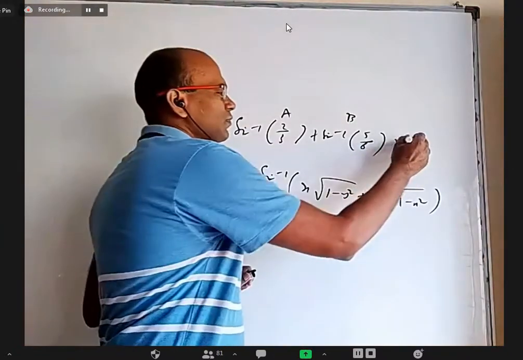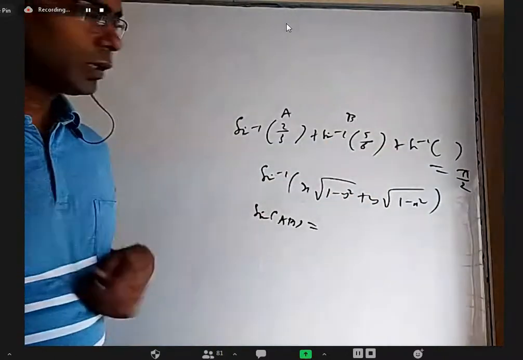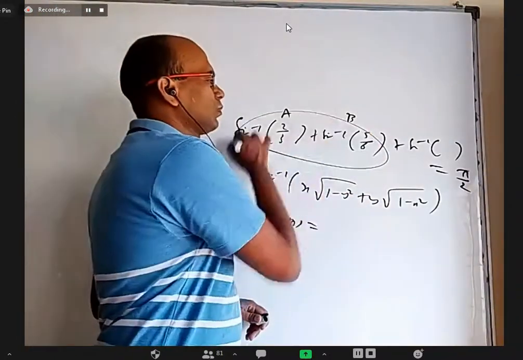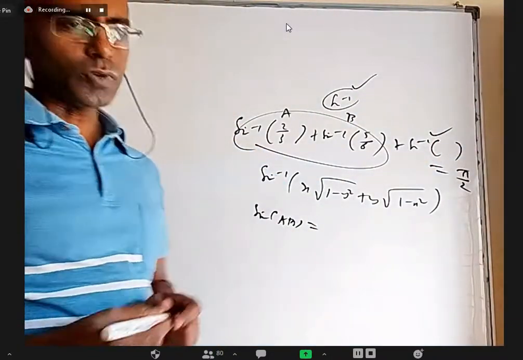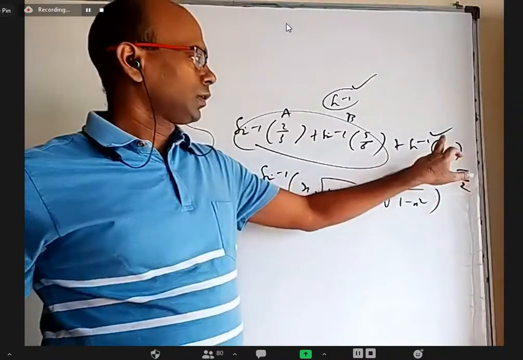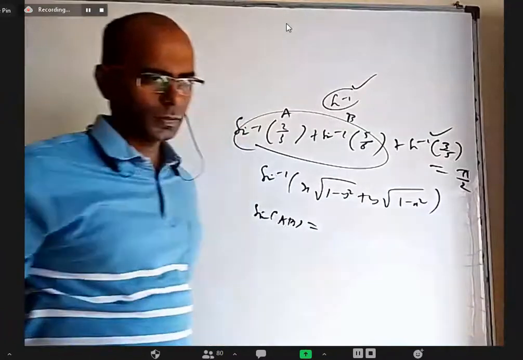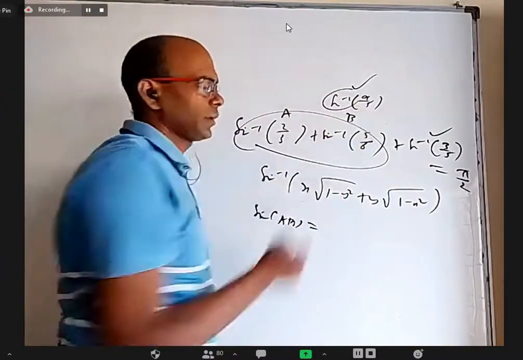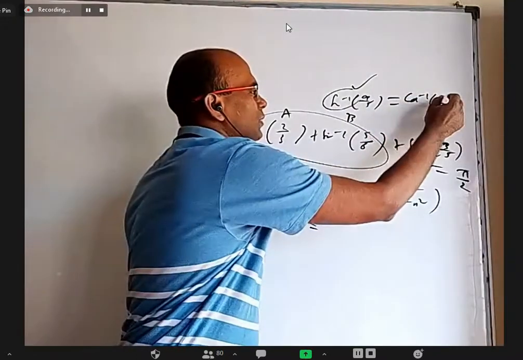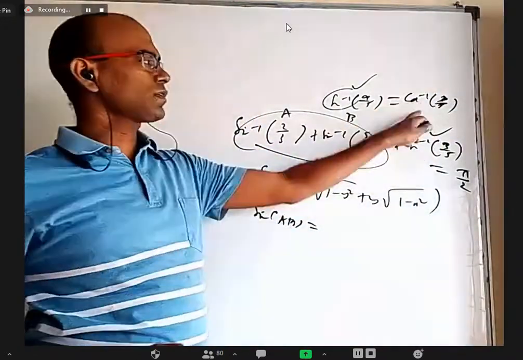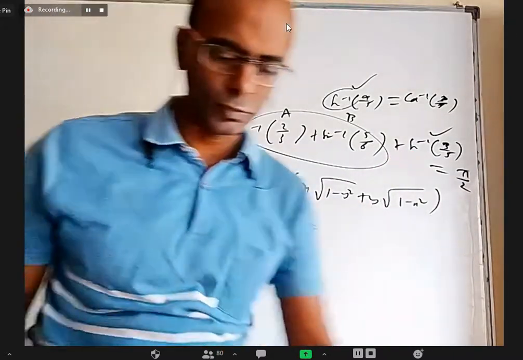And you also know this: if you have one more sine inverse and they ask you to prove pi by 2 or something else, first we'll combine these two and get one single sine inverse using the formula. Sometimes what you can do is, because you know the answer is pi by 2, let's say here you have sine inverse 3 by 5 and here you have sine inverse 4 by 5. You don't have to combine these two. Write sine inverse 4 by 5 as cos inverse 3 by 5. And you know cos inverse 3 by 5 plus sine inverse 3 by 5 is pi by 2. So when the answer is pi by 2, you can manage like that.